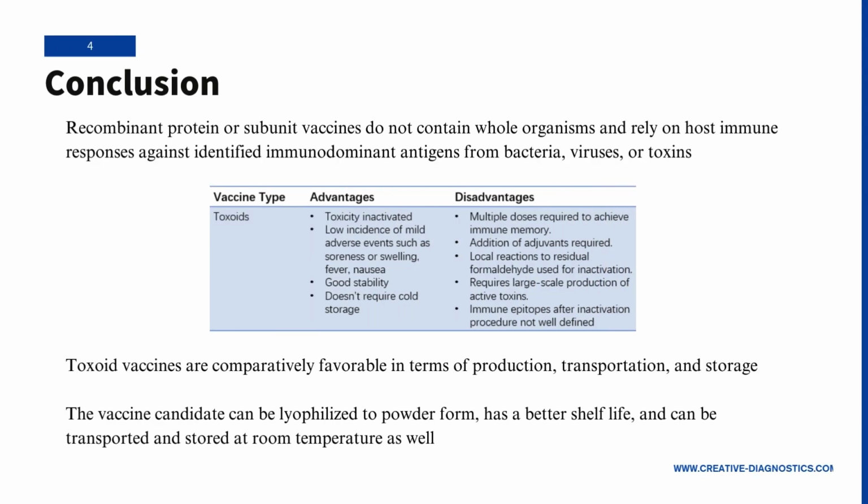Recombinant protein or subunit vaccines do not contain whole organisms and rely on host immune responses against identified immunodominant antigens from bacteria, viruses, or toxins. Toxoid vaccines are comparatively favorable in terms of production, transportation, and storage. The vaccine candidate can be lyophilized to powder form, has a better shelf life, and can be transported and stored at room temperature as well. On the other hand,